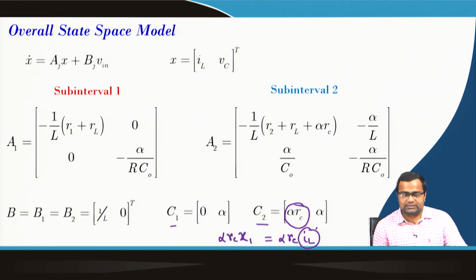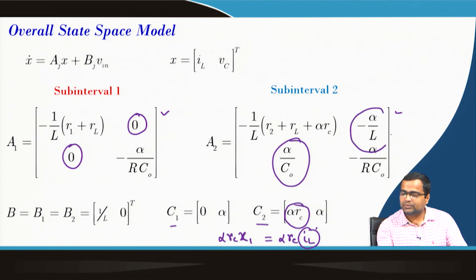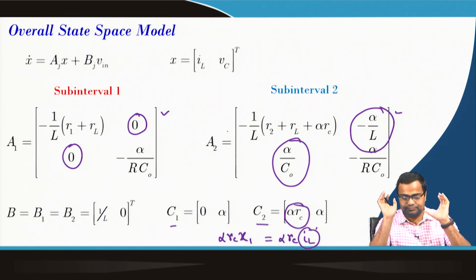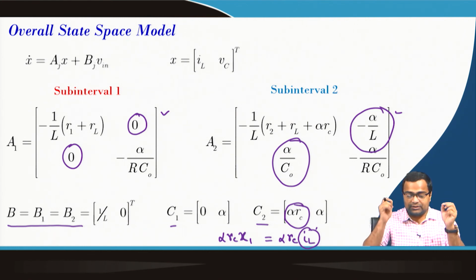Here you will notice the A matrices are fundamentally different, because these two terms are 0, but here it is non-zero. It is fundamentally different. Even though you take an ideal buck converter and boost converter, these two terms will make this A1 and A2 matrix fundamentally different. But interestingly, here B1 and B2 matrix are common, because in a boost converter the input voltage